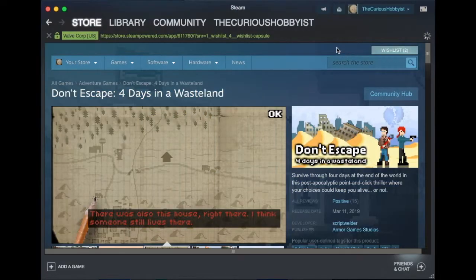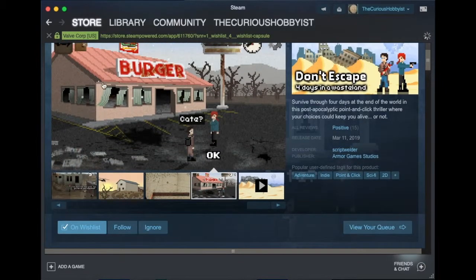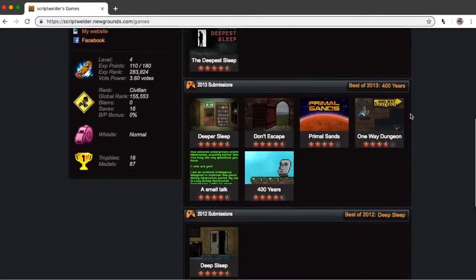Hey guys, today I'm going to review a game called Don't Escape 4 Days in a Wasteland. This game is made by Scriptwelder, a Flash developer that made 2 trilogies of pixel art games, out of which